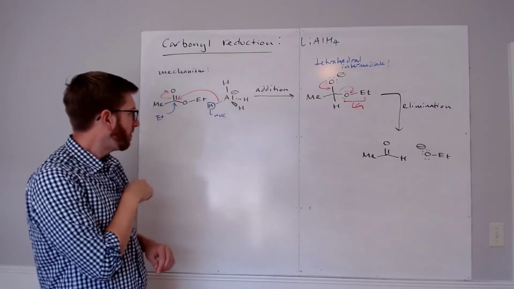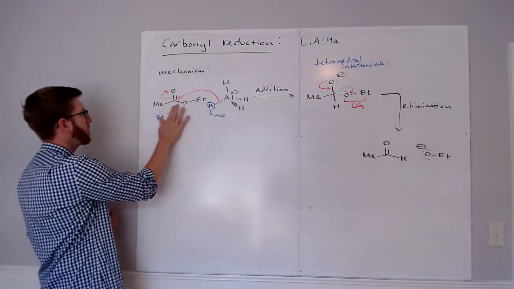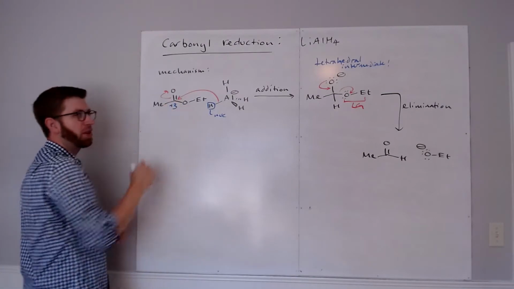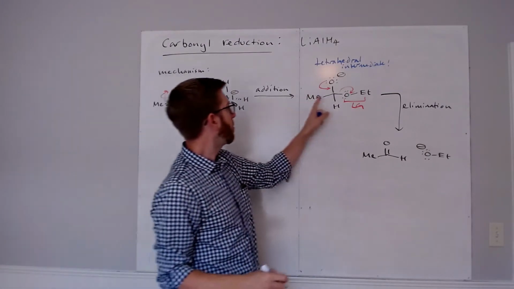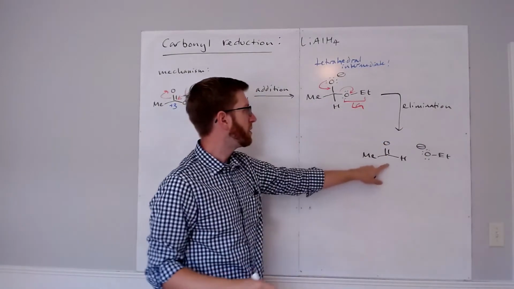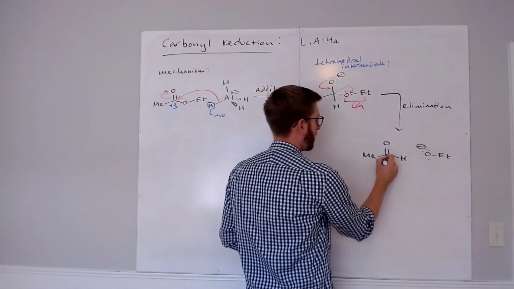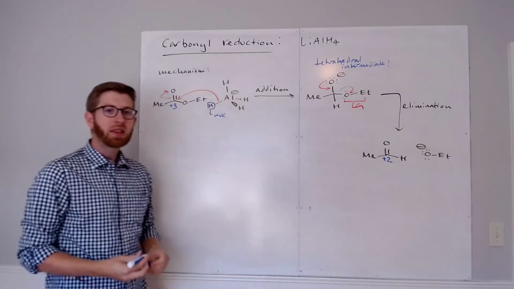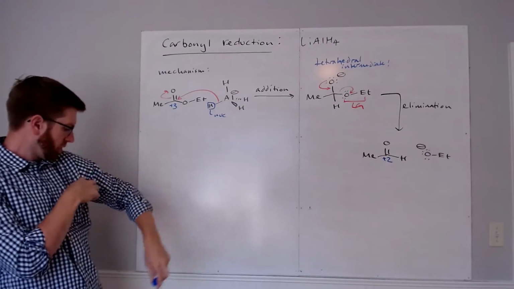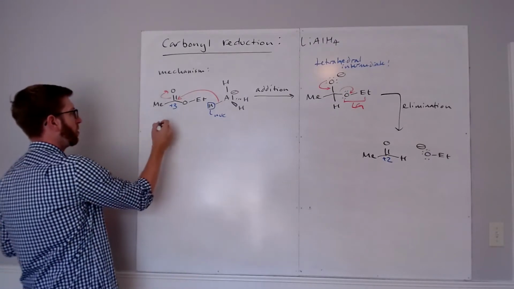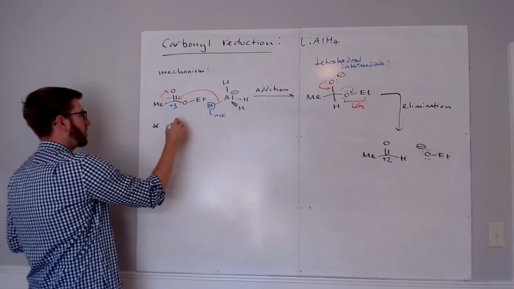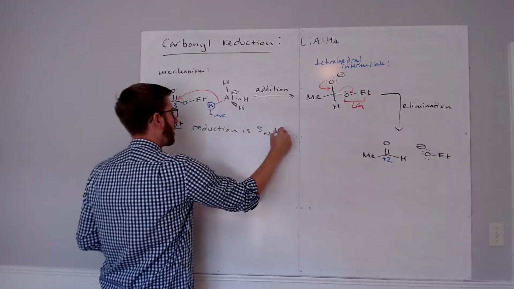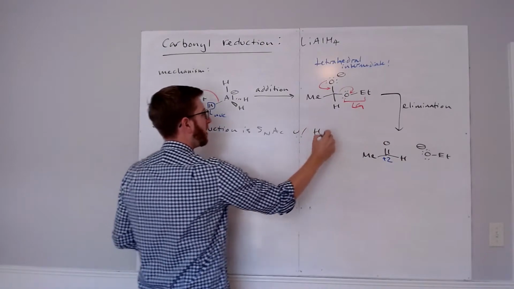If I look carefully at what's been done here, I started out in an ester where the carbonyl carbon is at the +3 oxidation level. And if I follow that carbon through the addition and then to the elimination, it looks to me like I'm at the +2 level. So this initial process is a SNAc reaction, and it's the first reduction that happens. So we can write that down. First reduction